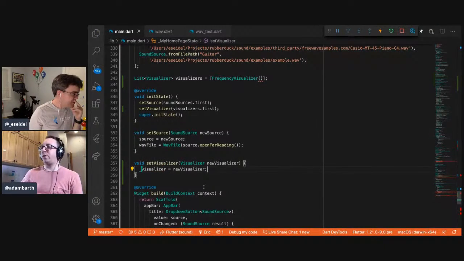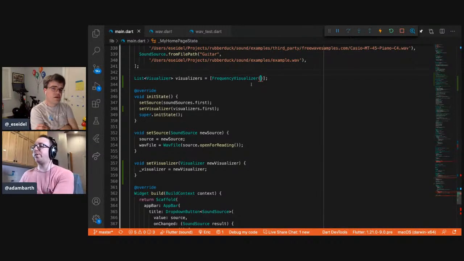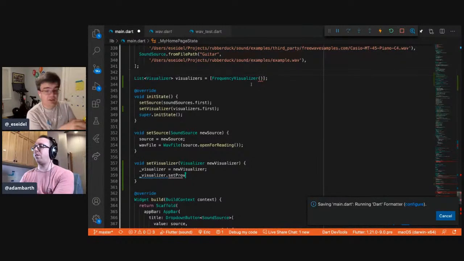So we have a little bit of a difficulty here on line 343, which is when we construct a visualizer, we're supposed to give it the provider. We can change that contract. Maybe these should be constructors, like a visualizer factory kind of thing, but then you still have to pick one. When you say set visualizer here, you could do something like set provider. Does the provider outlive the visualizer, or do you need to make a new provider every time you change the WAV file, which is why this is definitely the right class for this to be done in.